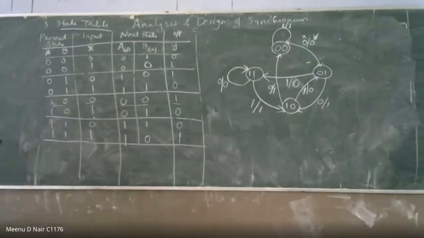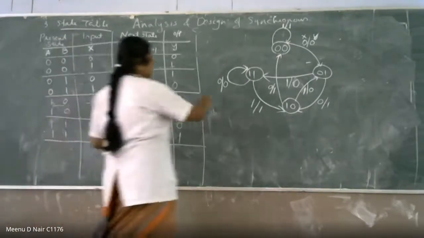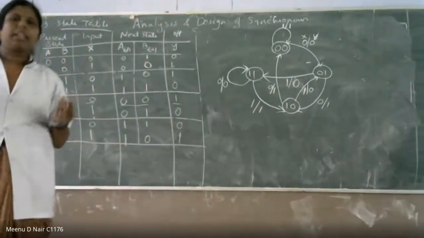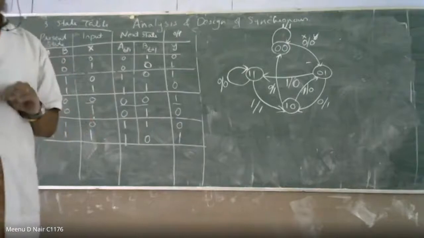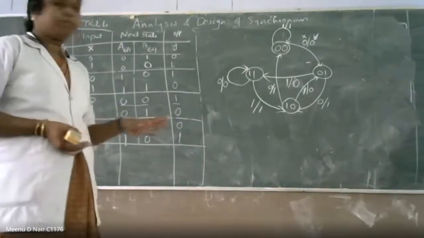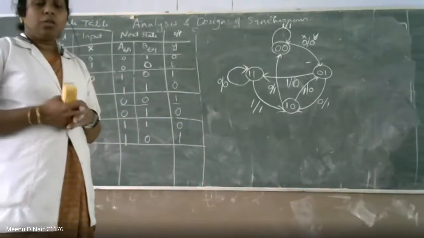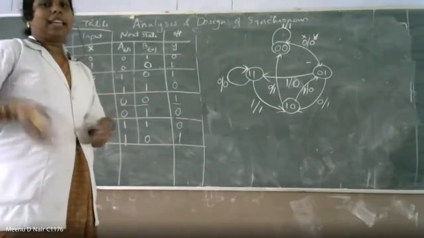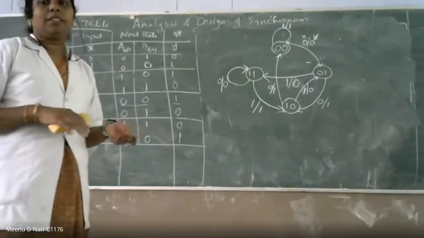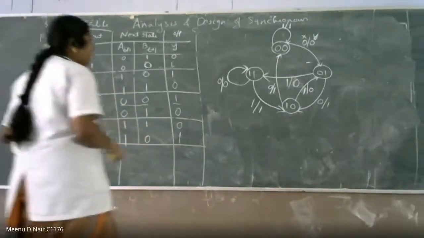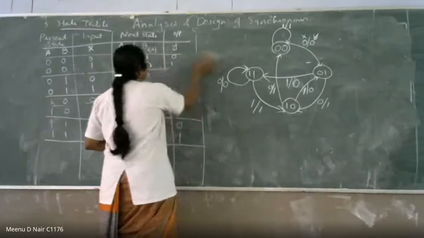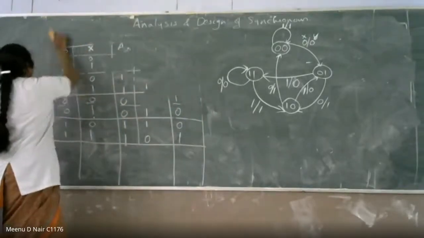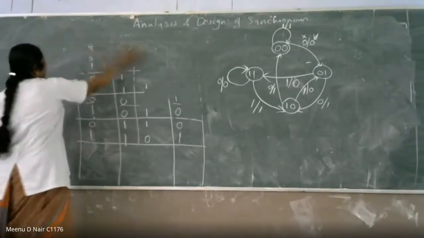So this is the analysis. This is your state diagram. From the circuit diagram, you will get a state diagram. So from the analysis, you have to come to the state diagram. That is the analysis part. Now we are going to see the design part. What is design doing? It will do exactly the opposite. What you are getting, the state diagram, then you have to go back to your original circuit diagram. That is the design, right?